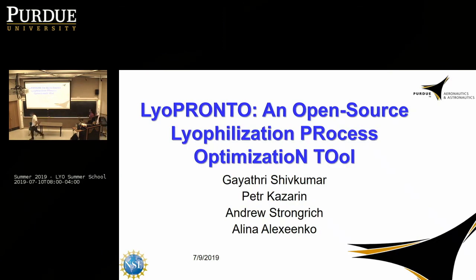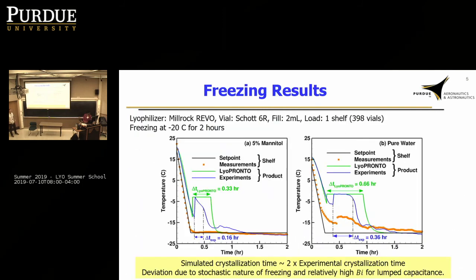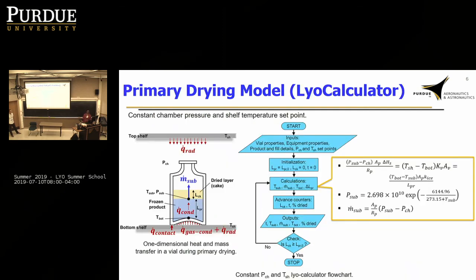But we did also benchmark against some actual proteins that people had dried. We took it from the literature. We didn't actually do it ourselves, but we compared against their experimental data just to ensure that the calculator is working fine. So one thing that I want to stress is I know that code looks intimidating to use, because there are a number of things that you need to modify and you don't know what you need to use. But once we have the GUI, that should be very intuitive. So I promise we're going to have that out there in the next few months. Once that's there, you're all free to use it and it should be easy to use.